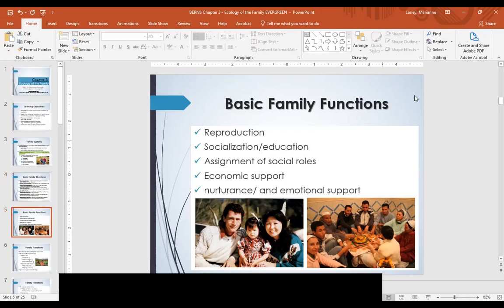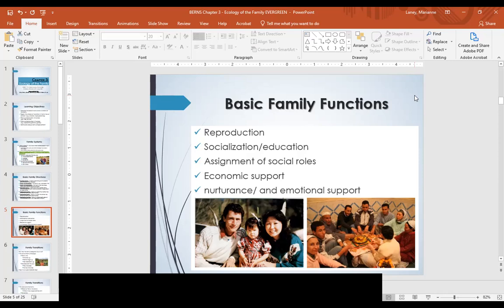Basic family functions, again, as this agent of socialization in the microsystem. Why do we have children into a family? What's the point? Why don't we just grow children in a lab and have them get raised by robots? Nope. That's in the future. Hopefully as long as there's warmth and socialization and correct development. We'll see what the future holds.